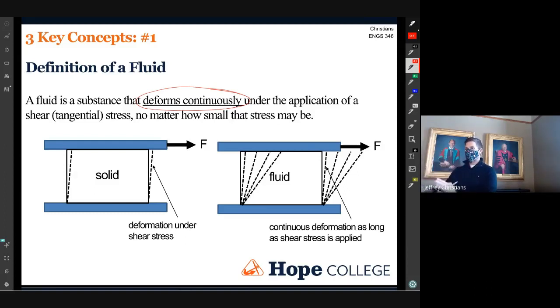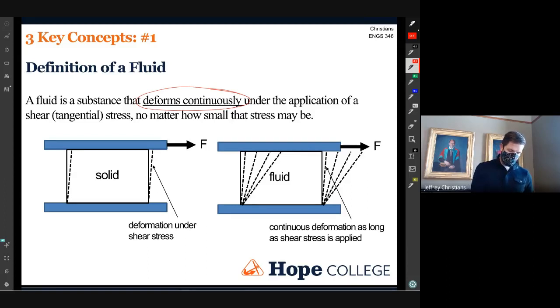So you think a solid, like I push on it, maybe it deforms and then it springs back into place when that force is removed. There's some elasticity. Like a super ball, I can squish it, but if I let go, it springs back into shape. That's what solids do. Liquids, if I push on it, it deforms, and then there is no restorative force. Now, there are things that have a little bit of both, but generally it's continuous deformation, and that's what we're talking about with the fluid. You remove the force, it doesn't go back. It's an irreversible process.